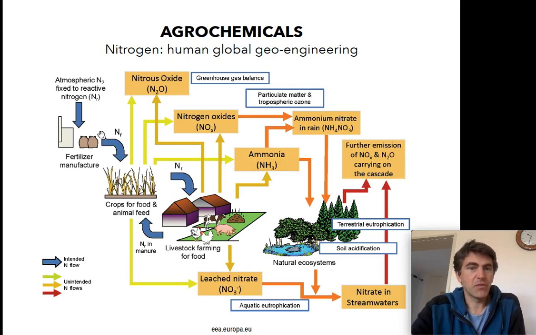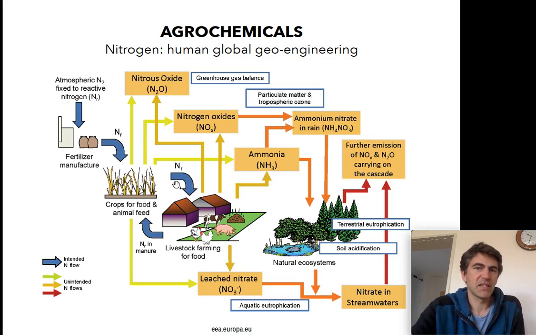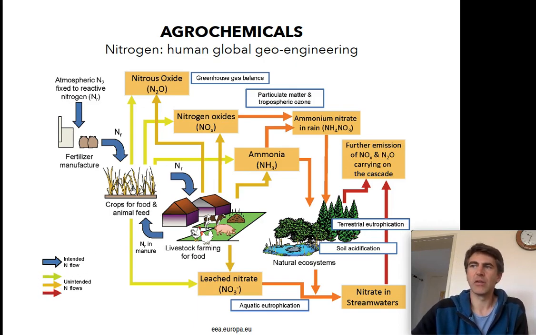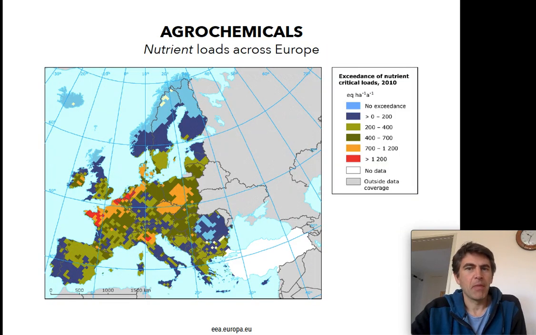We have intended flows initially, where we're manufacturing fertilizer and putting that onto our fields, and we're maybe also putting some animal dung onto fields. So some nitrogen cycling here is intended, but a lot of it is coming from this manufactured fertilizer and is then going as unintended flows, which are shown on these other arrows here, to elsewhere in the environment. That in turn has major effects on